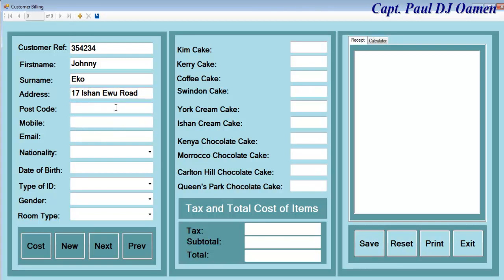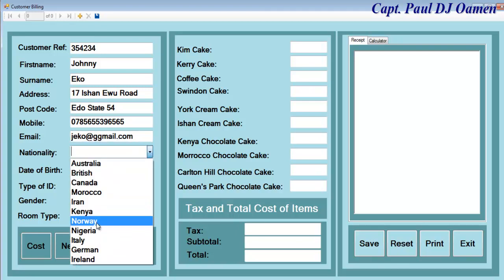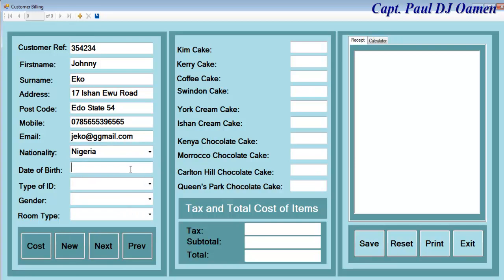Okay, and postcode, let's say Edo State, and mobile number, email address of jecho, so echo@gmail.com, nationality, just enter Nigerian, and date of birth of Echo 19